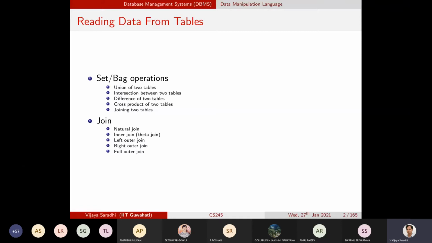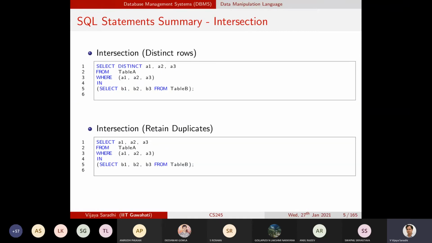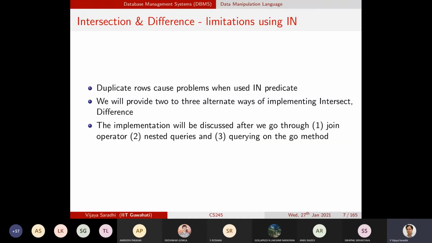So we will first start with the cross product, and this is where we will be departing from. This is what we have looked at: duplicate rows cause problems when we use the IN predicate, and we'll look at 2 to 3 alternative ways of implementing intersect and set difference in MySQL. Please understand that.